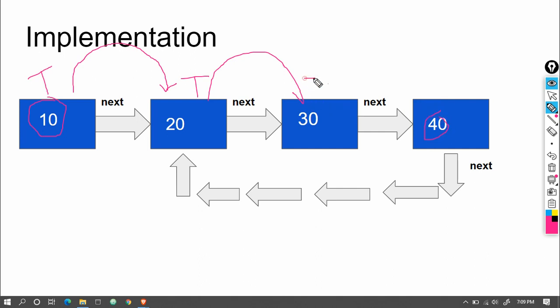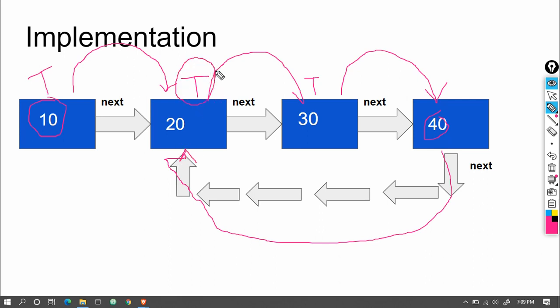So we set it to true and then move to the next node. Then we check if the next node of 40 is already true. Here, as you can see, this 40 is linked to this, so we check for 20 and this 20 is already true. So we got our point. If this is already true, this means that this is a loop.